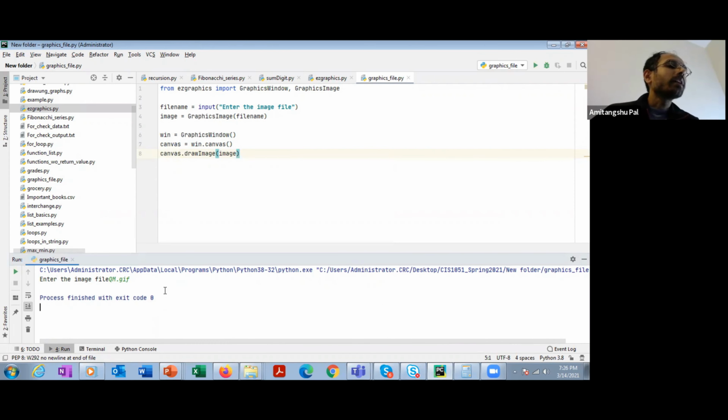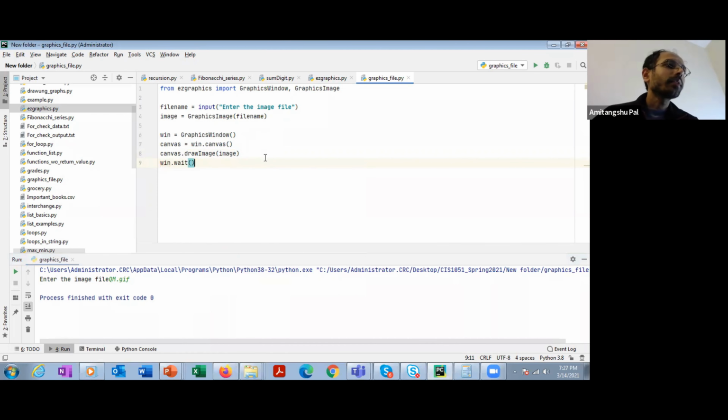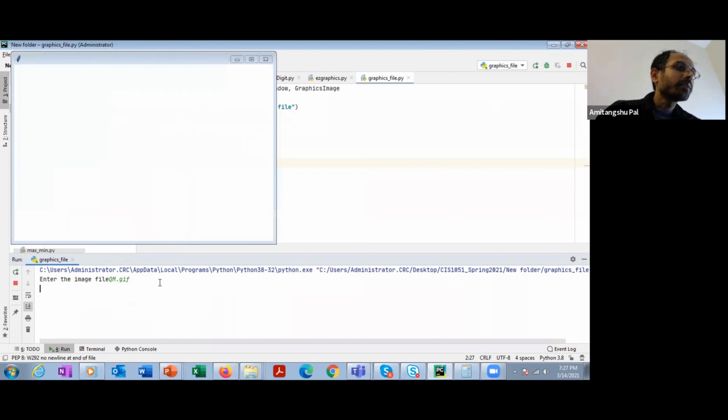All right. So here the image is basically appearing, but then quickly disappearing. So I need to write win.wait. So it is asking me to enter the image file: qm.gif.